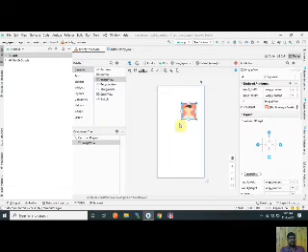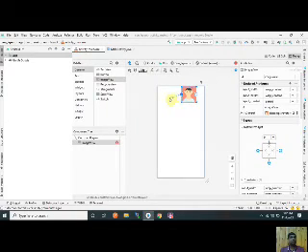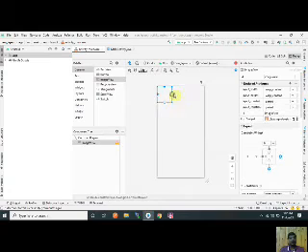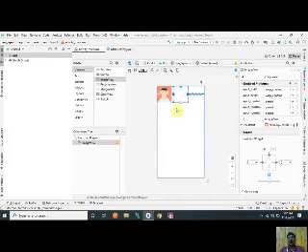So first we set the constraints of this component. At first you set the constraint to the upper side of the layout, that is the parent. Now left to left and right to right, but you don't attach the bottom constraint to anything else. I will explain later why I don't connect the bottom constraint to anything else.